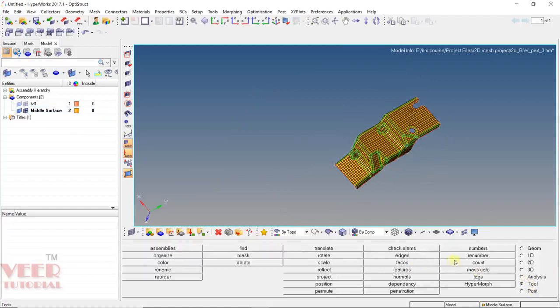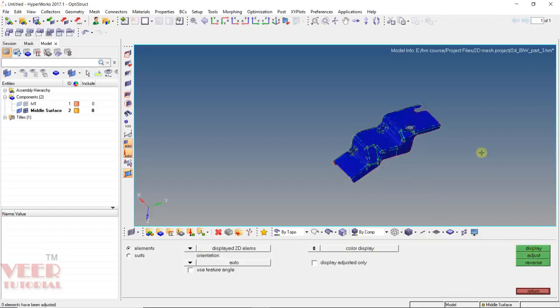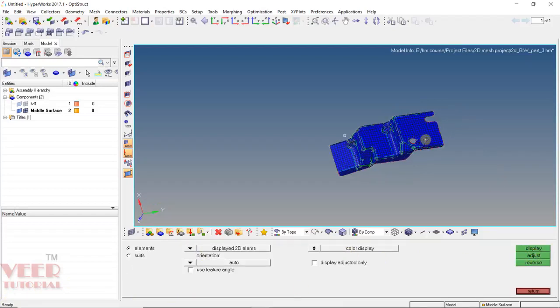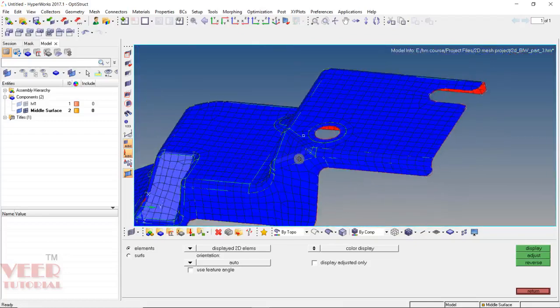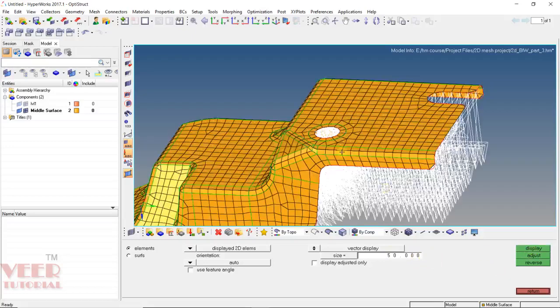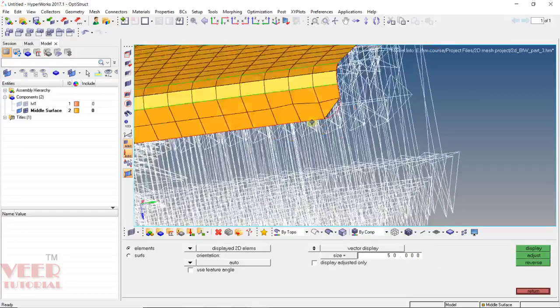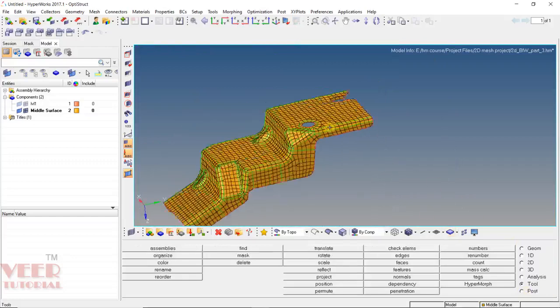So go to tools and then go to normals here. Here go to displayed, click on display. Click on adjust. So it is showing 0 elements have been adjusted. So it means the element normals are proper. Normals basically specify the perpendicular direction to the elements. So if I click on this vector, let's say I give it some size, press enter, fully display. So normals basically specify the vectors. These vectors should be in the same direction. Click on return. Finally we have to check for the duplicates.